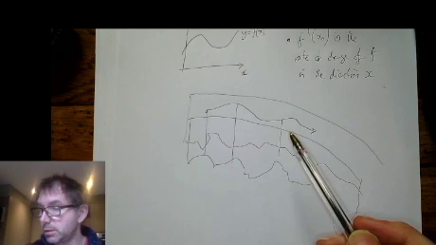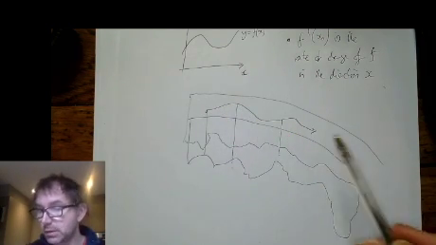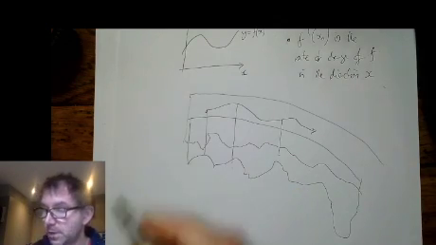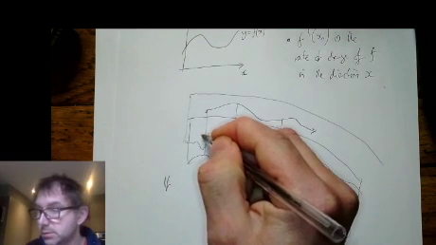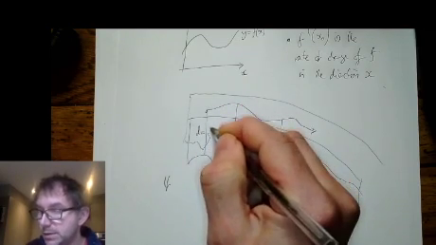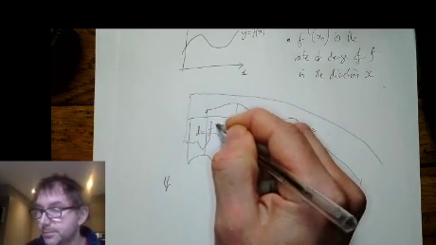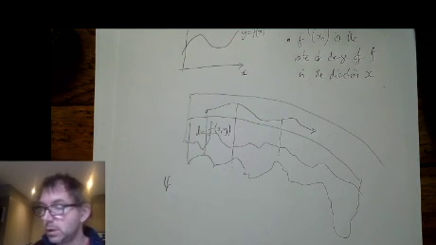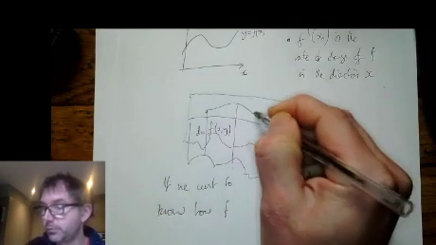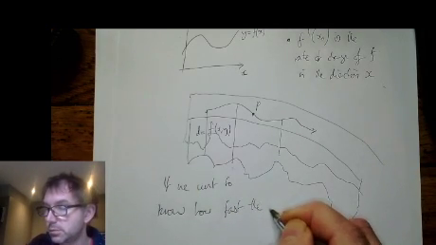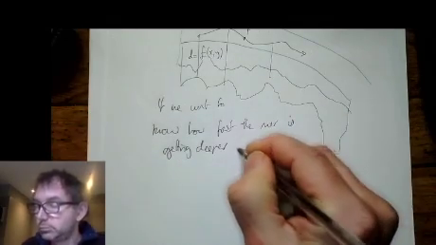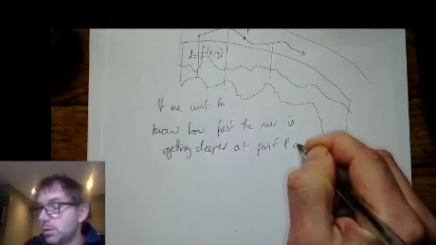And then what you might want to know is, as I travel along the curve, how fast is it getting deeper or shallower? Okay, so let's say we've got d here, so this value d, which is a function of the point P, so a function of xy. So if we want to know how fast the river is getting deeper at point P on the curve,